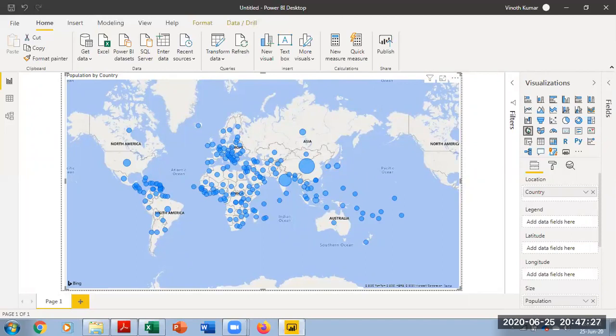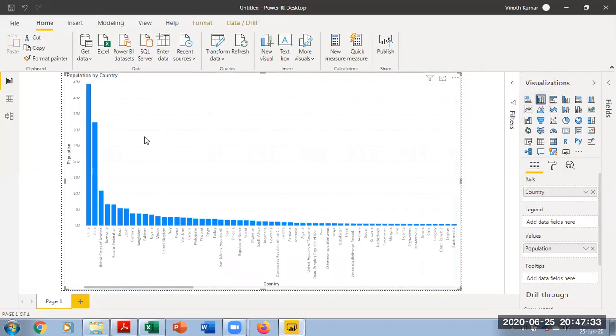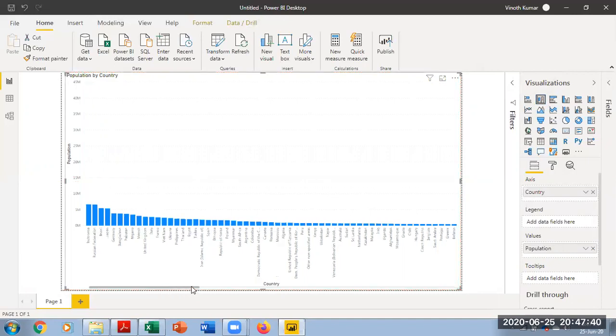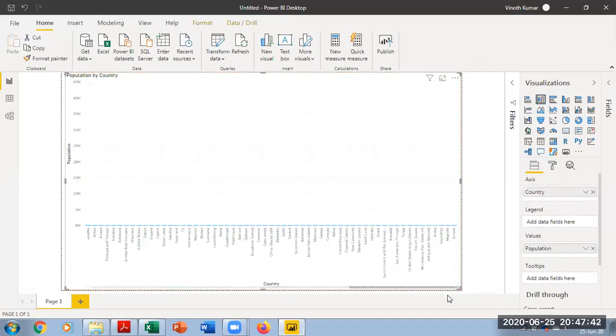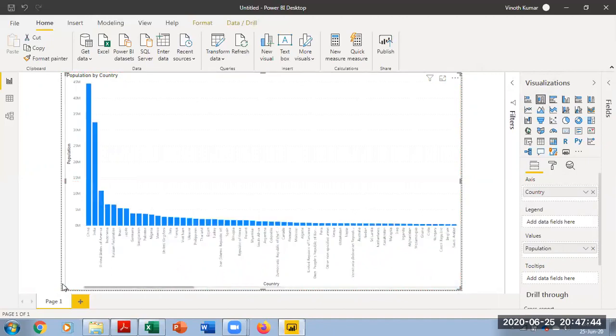So to do that, I'm going to switch this visualization to a normal stacked column chart. So when I click the stacked column chart, you can see all my data are coming up here. I have way too much information here, so I can scroll down. I can see all the 201 countries will appear here. I don't want this. I want only the top 10